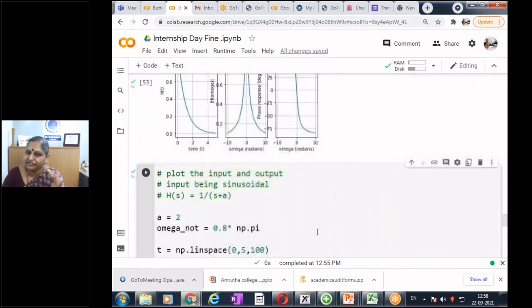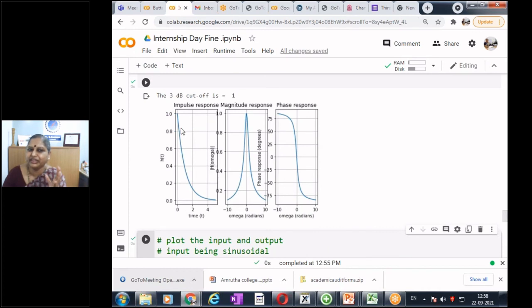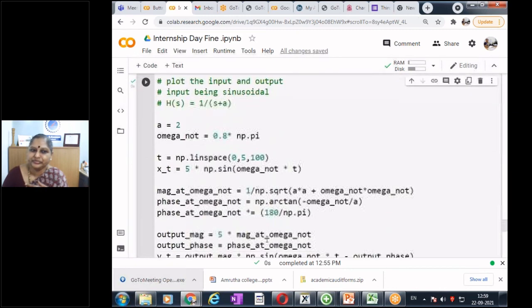And what about the magnitude and phase response? It is just to see, when I look at the impulse response, does it have any meaning? Step response has a meaning, but not the impulse response. Impulse response, we saw it, and then we can tell it's a low pass filter or a high pass filter.